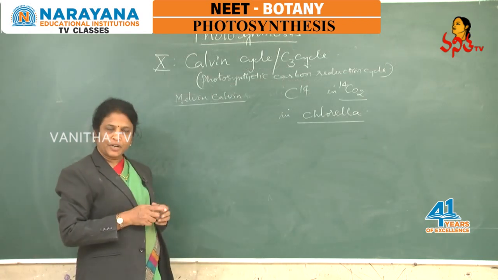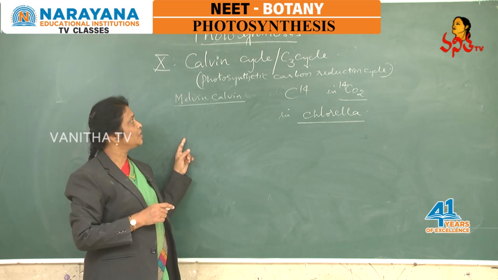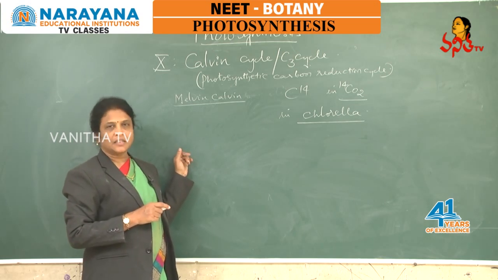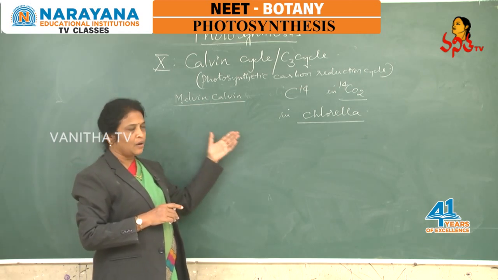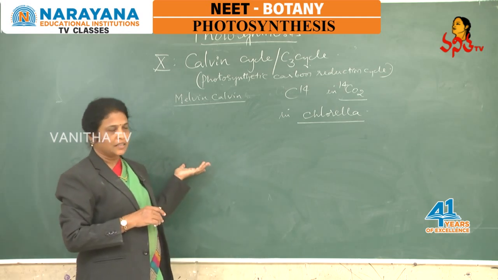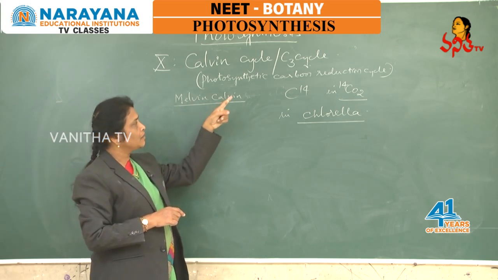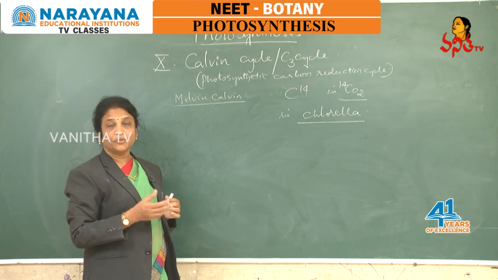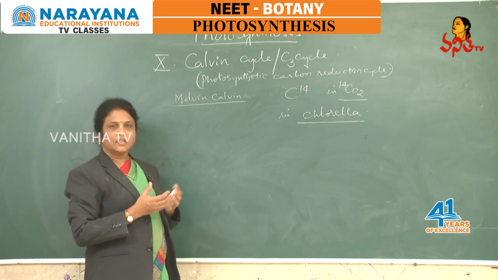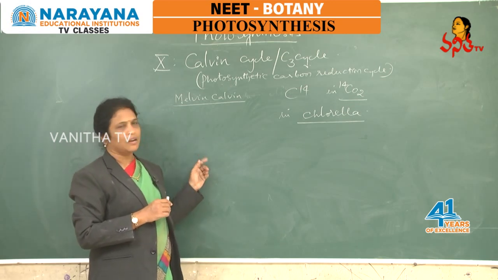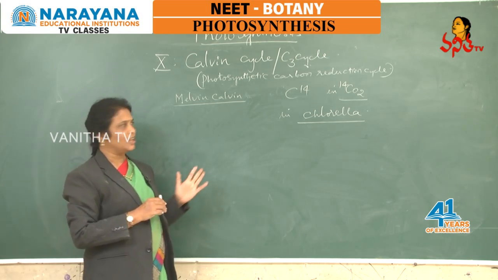Okay. Students, let us focus on the important event that occurs during dark phase reactions, that is the Calvin cycle, in other words the C3 cycle. And as we follow the historical information, the discovery and how the Calvin cycle was traced out by the scientists, let us follow a few points which are very interesting. The Calvin cycle, that is the C3 cycle, as I already mentioned, is the universal dark phase reaction that occurs commonly in all photosynthetic organisms, because that is the only way for photosynthetic carbon reduction, carbon dioxide reduced to carbohydrate, the biosynthetic phase in all photosynthetic organisms.